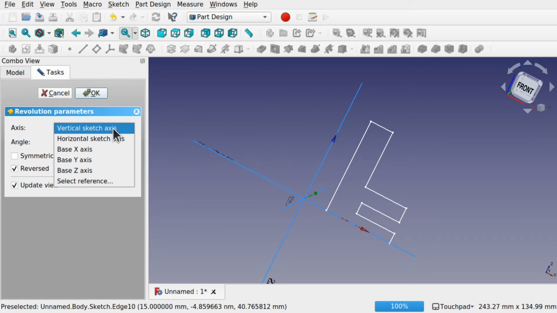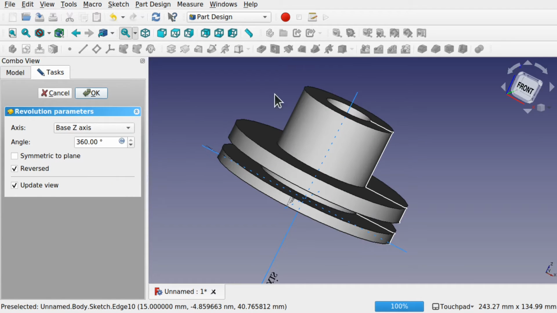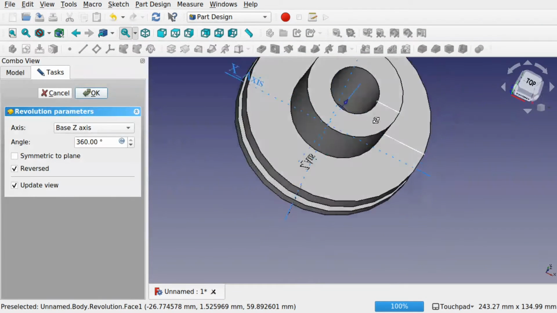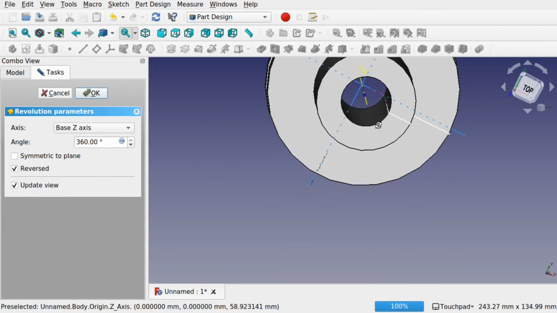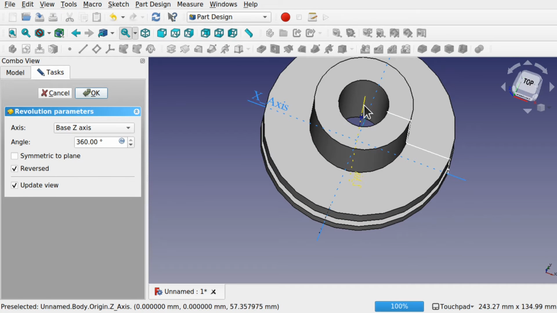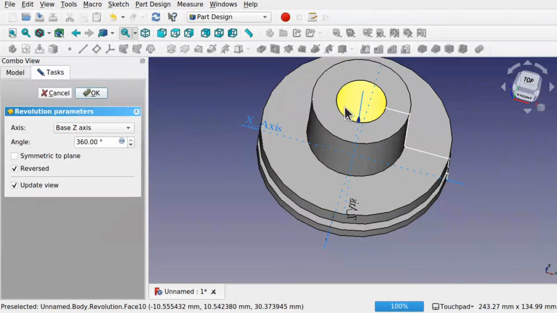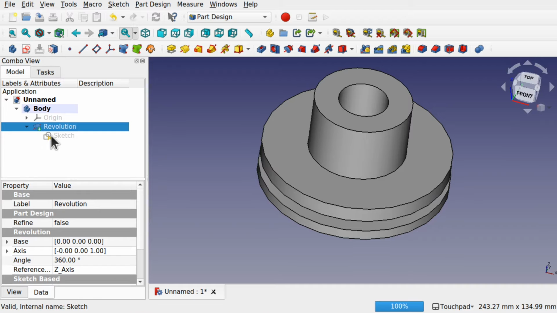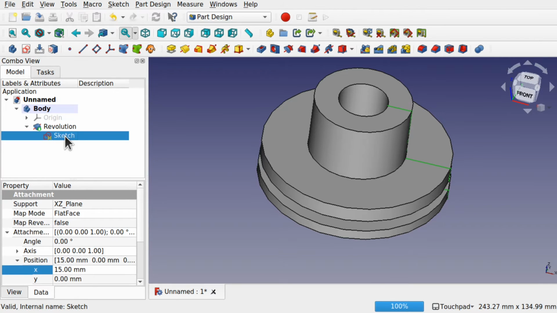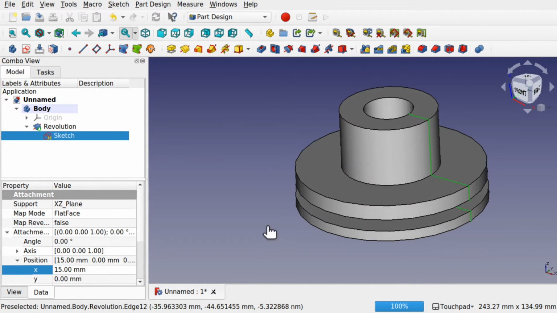Let's change this to the base z-axis. Look what's happened. Now we've revolved around this axis. So the vertical sketch axis goes through here, and now revolved around this axis here. Still takes into account where the sketch is, it's just moved the rotation point. So this sketch, for instance, if we go into the sketch again, so we can see that in there,